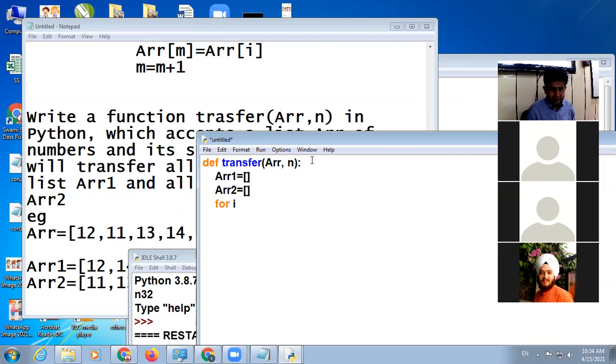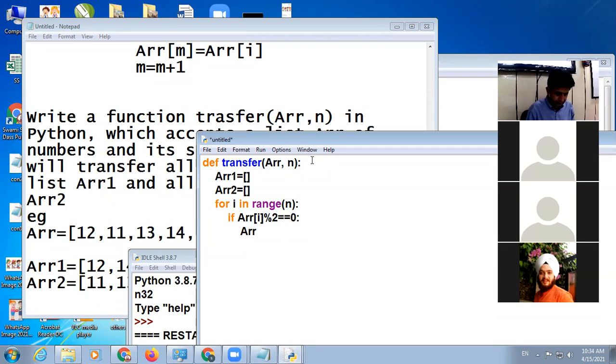Then for i in range N, if ARR i percent 2 double equal to 0, in that case we want to append that value in ARR1.